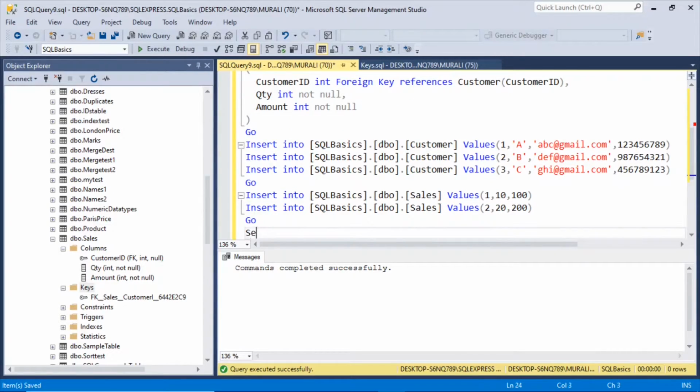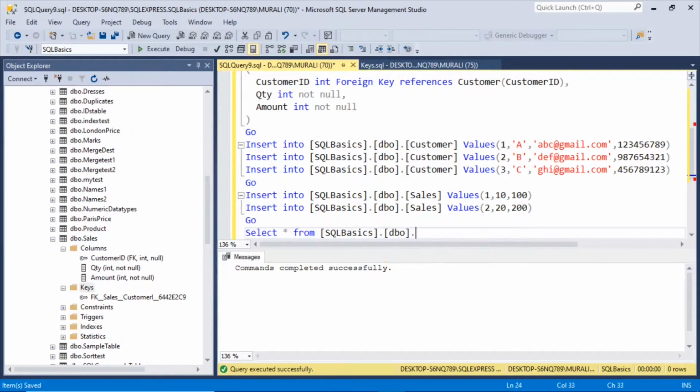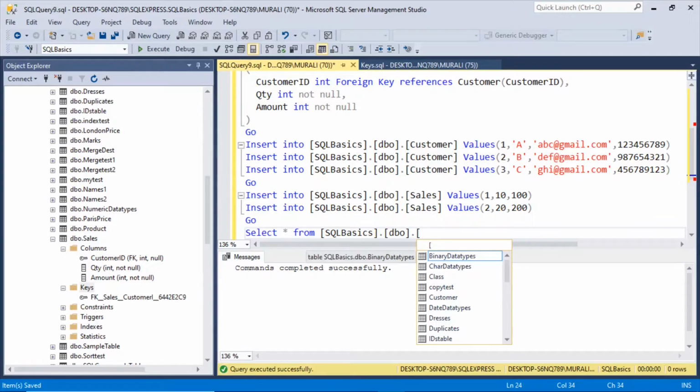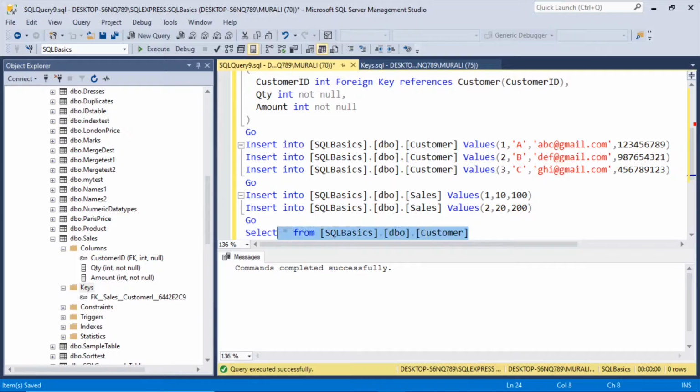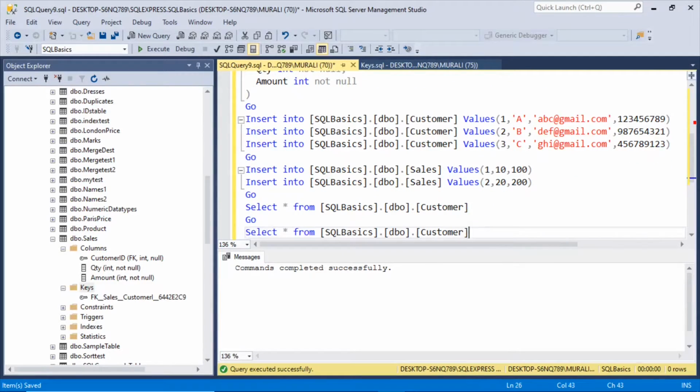So here we select star from SQL basics dot dbo dot customer. Copy this whole thing, and then change the name to sales.